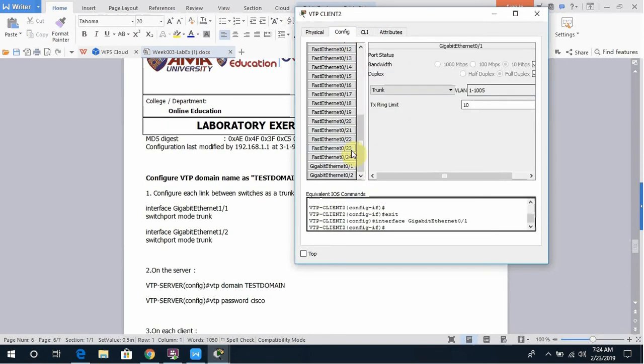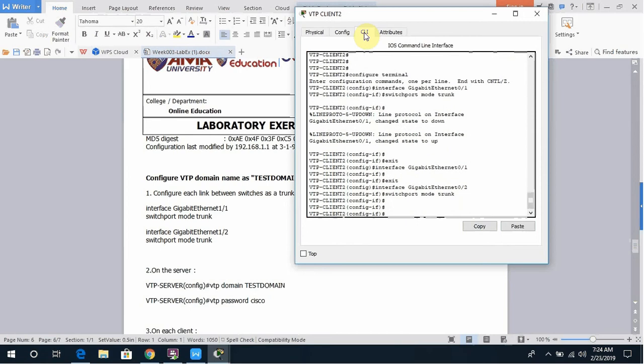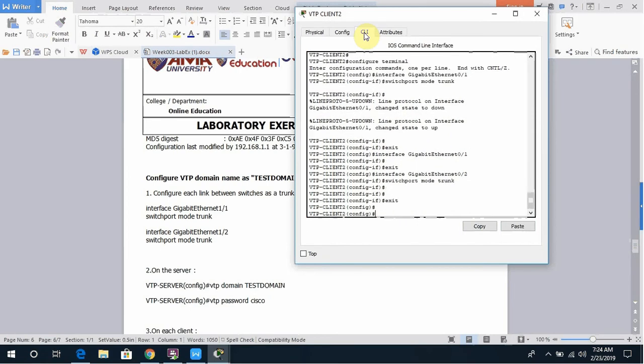and the next one is G2 switchport mode trunk, enter, exit. There you go. And the last thing we gotta do is